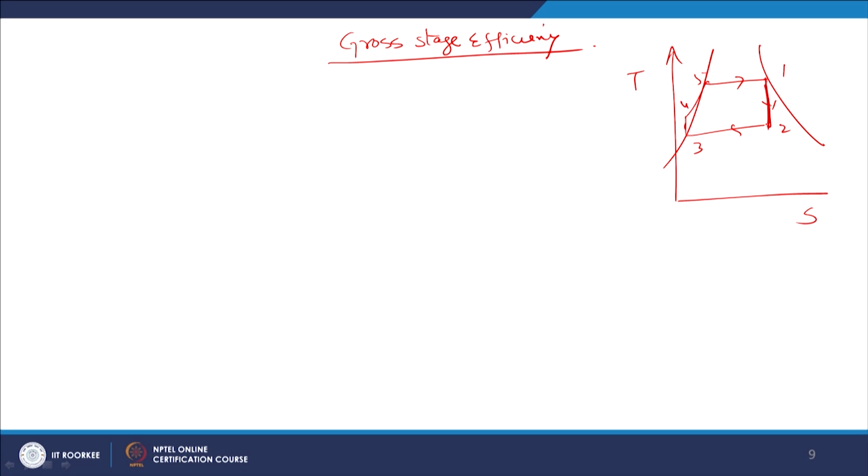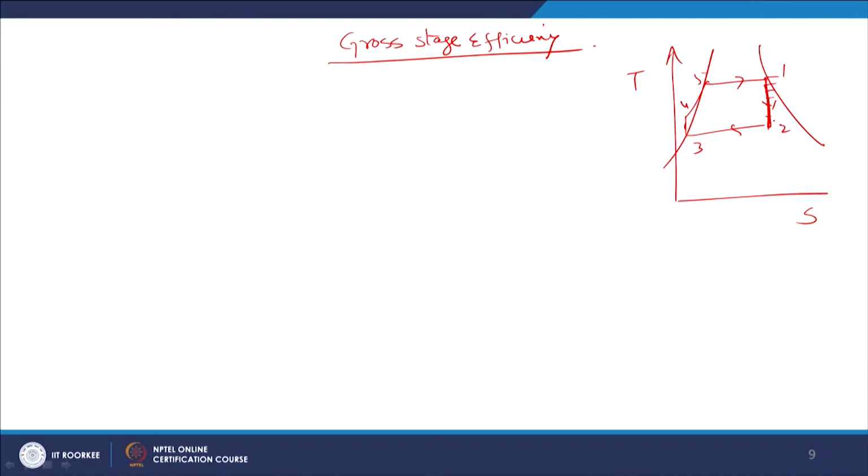during expansion. This expansion is taking place in a number of stages, because in actual practice multi-stage turbines are used; a single stage turbine is not used. So if there are a number of stages, in each stage some enthalpy drop will be taking place. So suppose there is a 10 stage turbine. In each stage a certain amount of enthalpy drop will take place, and we are concerned with the energy only right now. So this much of enthalpy drop, how much output we are getting, that is it.